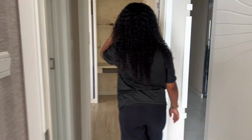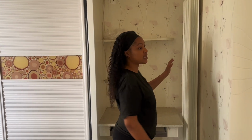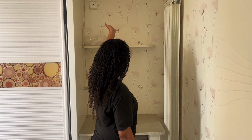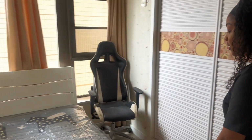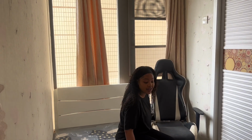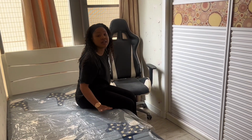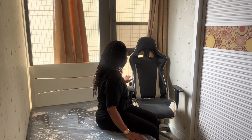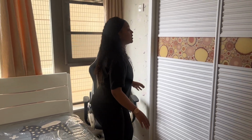Then we have another bedroom over here, which is quite smaller. It has a heater over here, another AC. You can put your stuff. This bedroom is really small. Then it has a tiny little bed, a single bed actually. I feel the bed is a bit hard. It has a tiny mattress, but you can actually buy a mattress online. It's not that expensive. Then it has this chair that was put here by the landlord, and